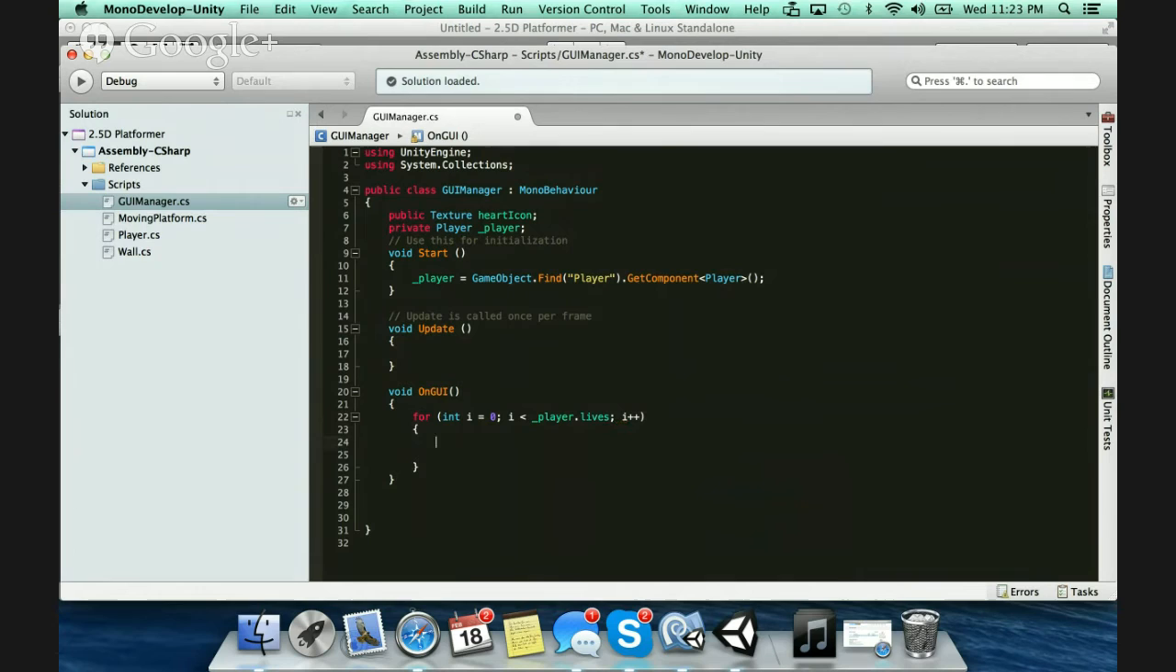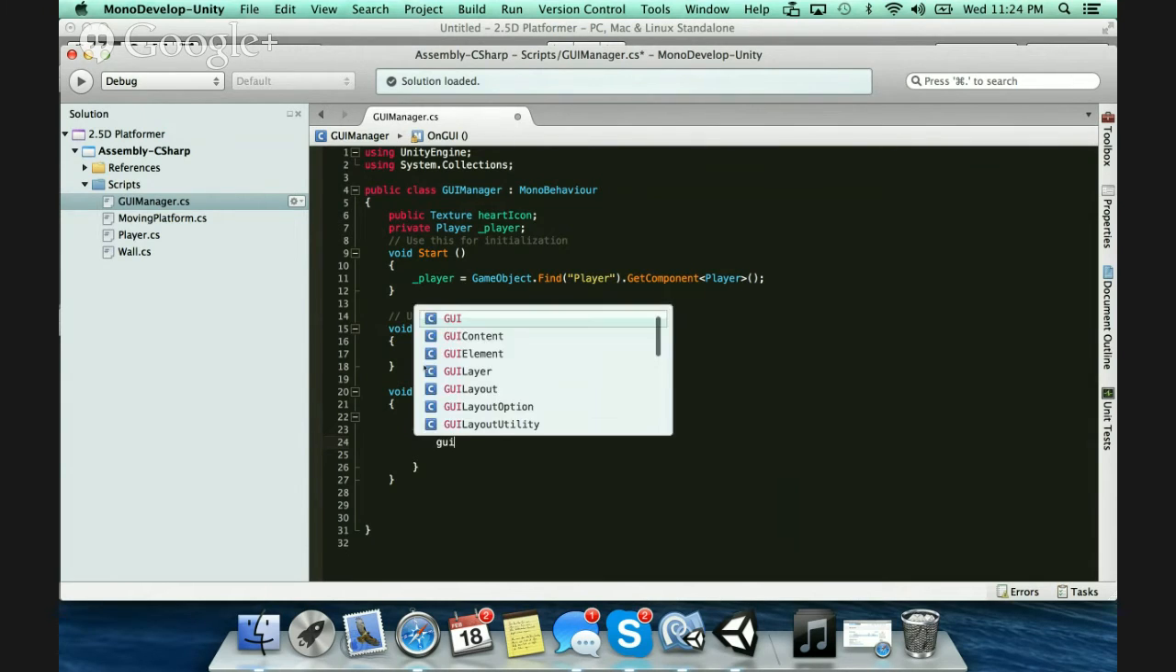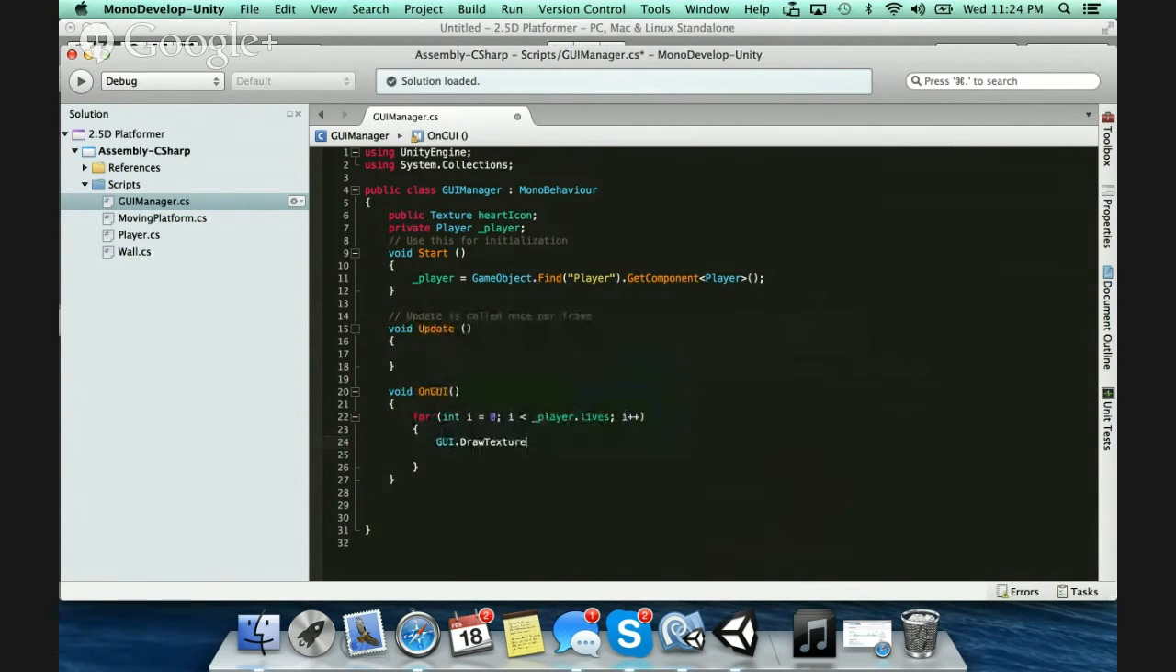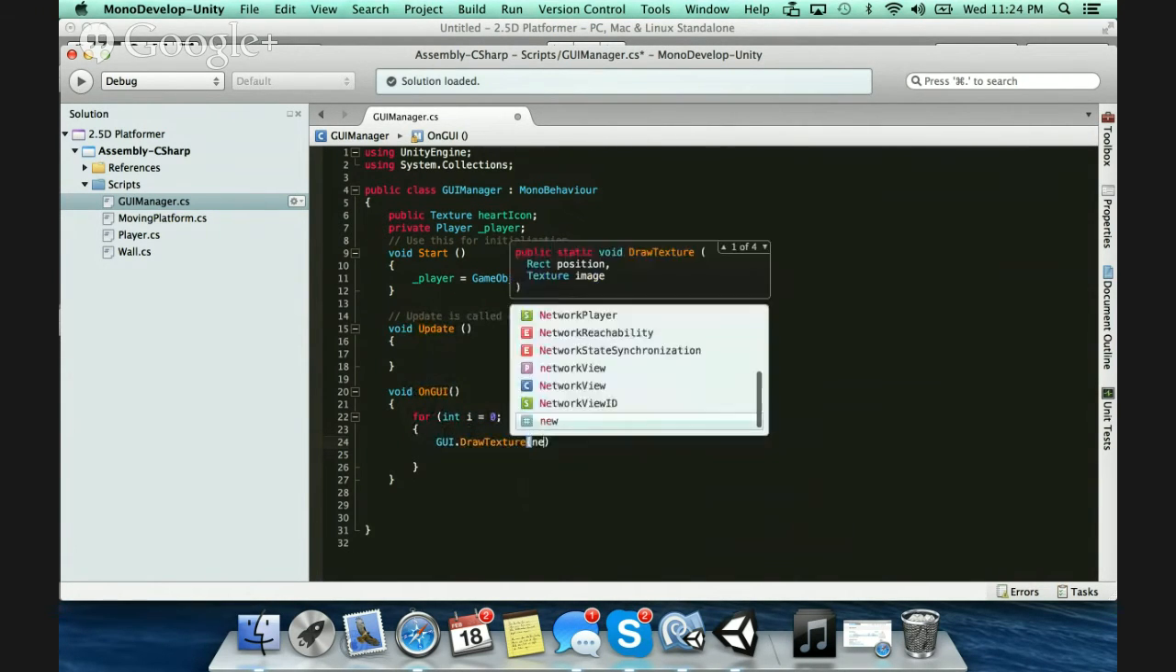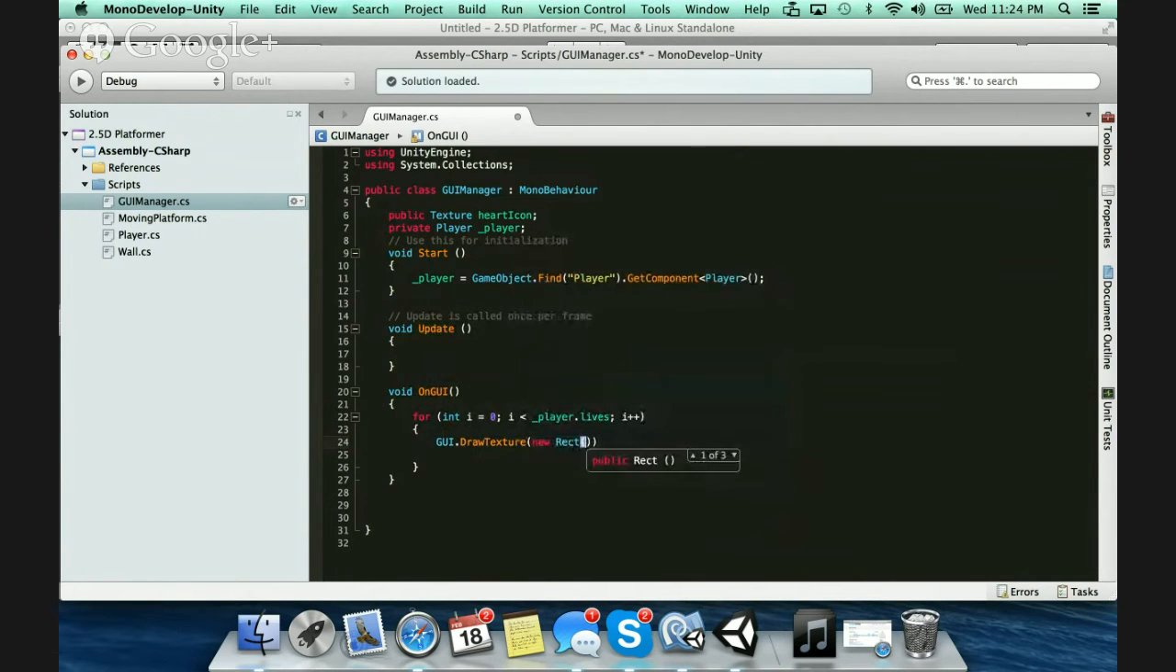All right. Now, what I'm going to do here is I need to display it. So I'm going to say GUI.drawTexture, and I'm going to say rect position. First one will be, I'll explain how I do this in a minute, but GUI.drawTexture, I'm going to say 0 from the left, 10 down from the Y. The width is going to be the heart icon. Height is going to be the height of the icon. So heart